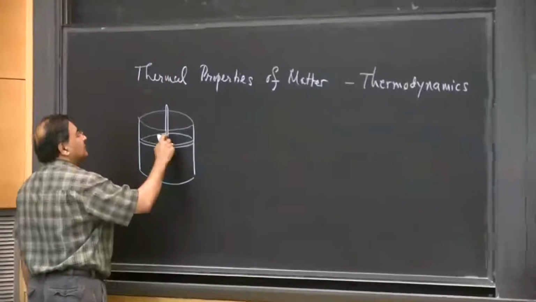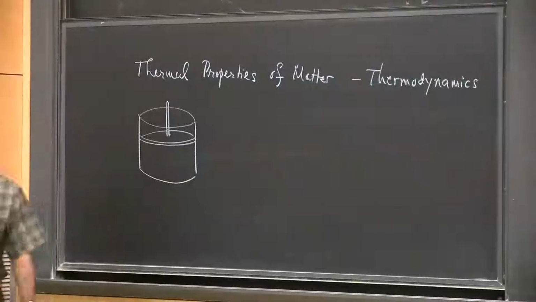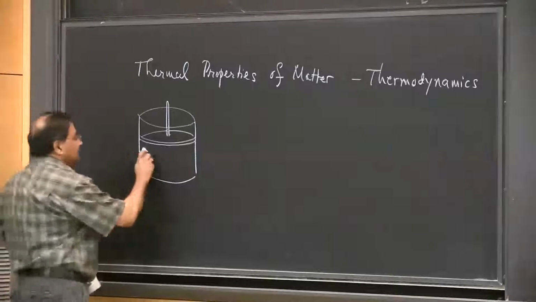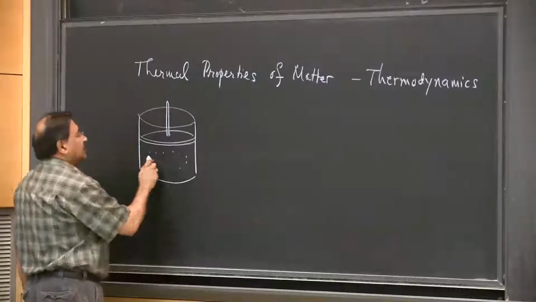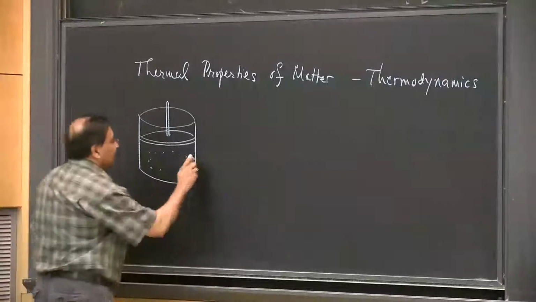The lid can fluctuate. You can press this lid to apply pressure, or if the gas here has high pressure, it can raise this lid, much the same way as steam would push up the lid of a kettle. So here you have, let's say, a gas,